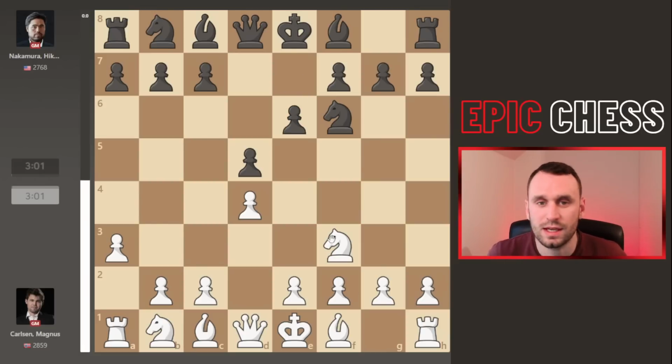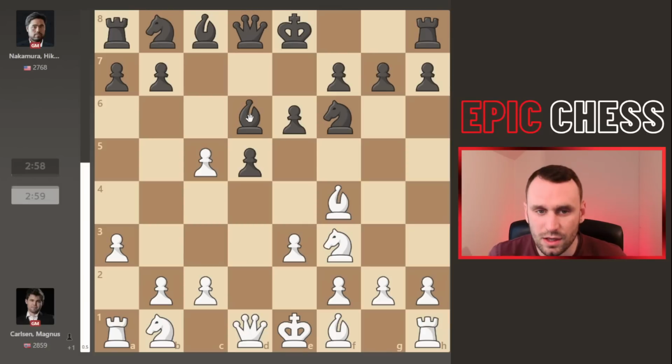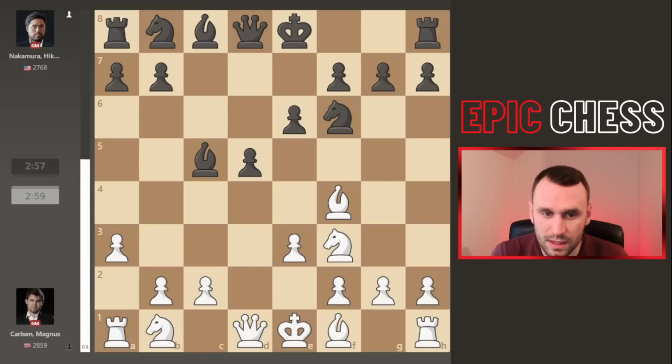Hikaru goes e6, prepares to develop the king's bishop. Bishop f4 played, and now c5 strikes at the centre and e3 supports that pawn. The bishop develops, Magnus now takes here, and it does give Hikaru this option of taking the bishop, but he prefers to restore the material balance immediately, not leave white with that pawn,